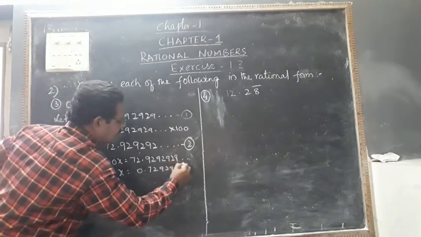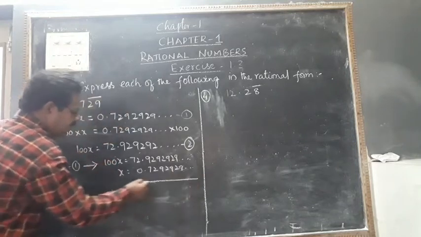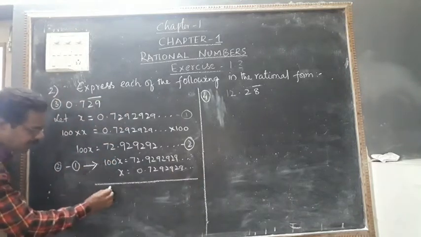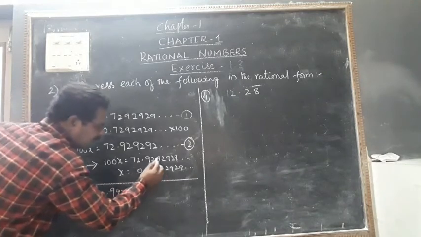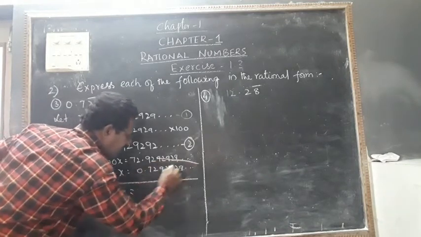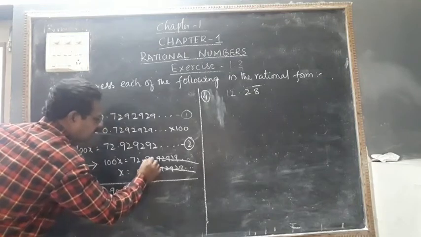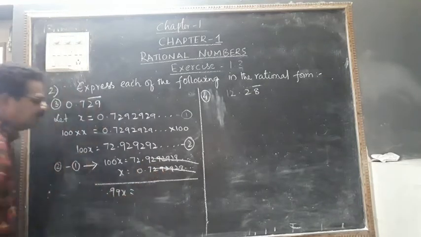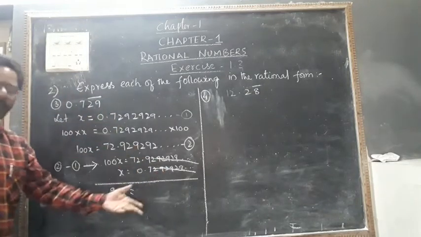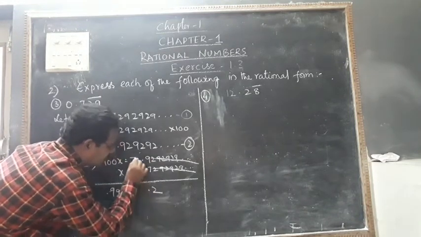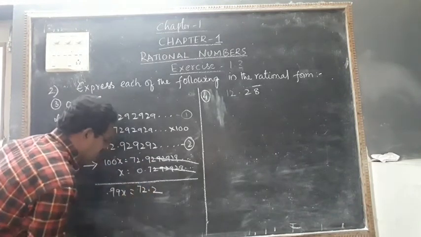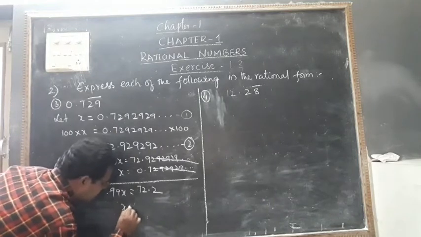0.7292929 like this. Okay, so now subtract: 100x minus x is equal to 99x is equal to, here the 2929 will be cancelled. Okay, the total repeating part will become 0. 9 minus 7 is equal to 2 and 72 minus 0 is equal to 72. So x is equal to